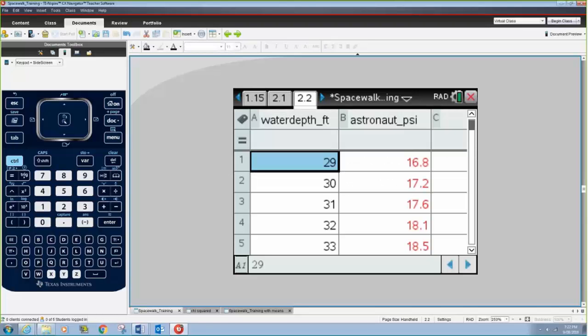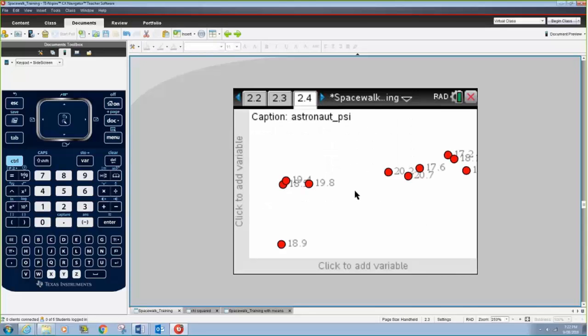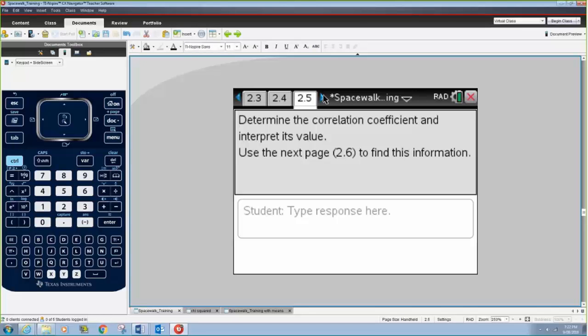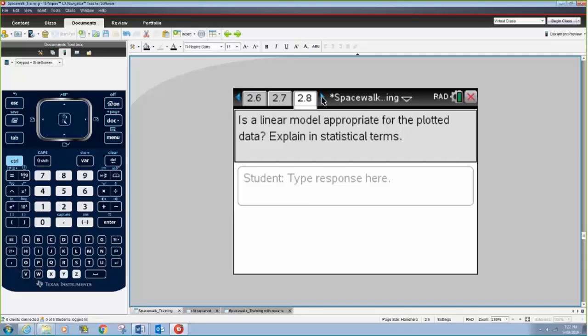So now there are actually two data sets. One is for the scuba divers and one for the astronauts. And then they ask to do the other one, which is similar. So I will leave it. So for the second data set, and then